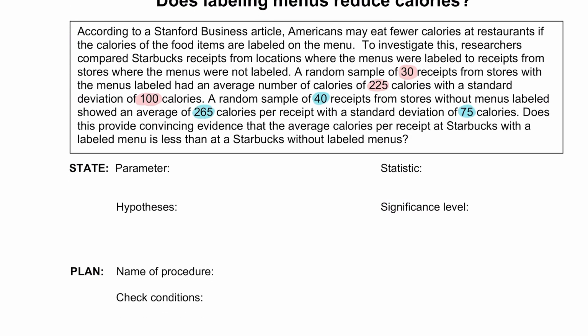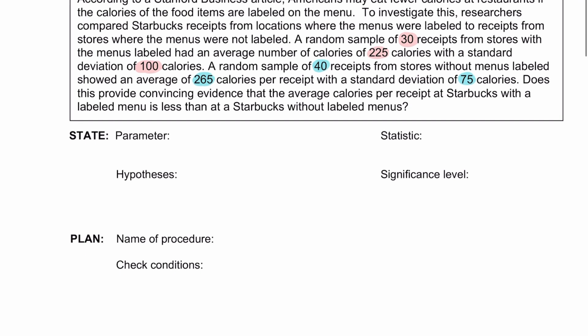So just to go over some of the same things that we talked about last time we talked about significance tests. The first thing we need to do is label the parameter. We are going to label what the statistic is. We're also going to give the two hypotheses and the significance level. So here, be careful: your parameter is not just mu. It's going to be mu1 minus mu2. And so our parameter in this case is the true difference